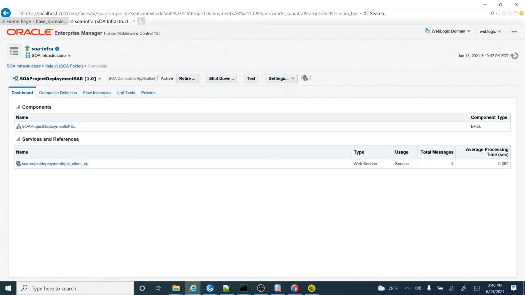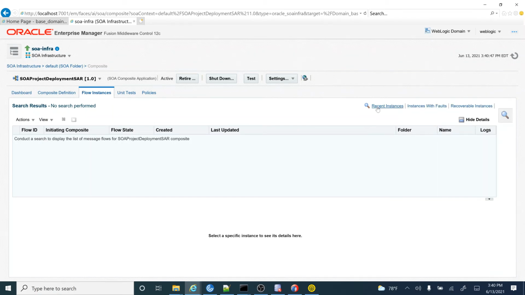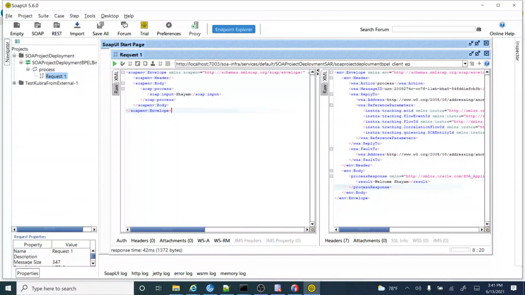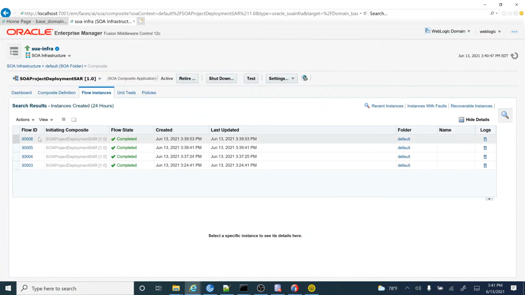See, click on the recent instances. See, one, two, three, four, we have a total of 4 instances. It means we have tested this service 4 times so far. I'm going to test one more time, then there should be one more added. The last one is 30006. If you refresh these recent instances, see, one more is added.